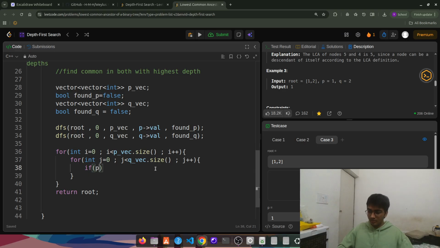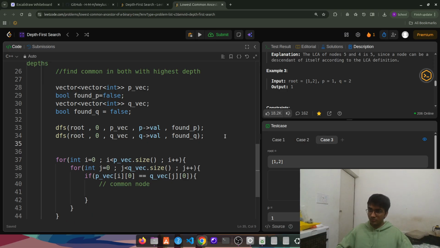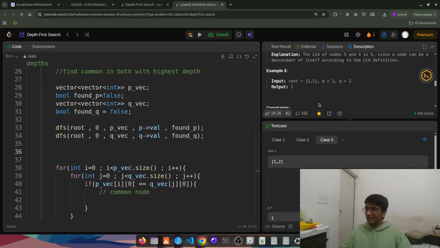p vec of i of 0 is equal to q vec of j of 0. If that's the case, then it is a common node. If it is a common node, what I have to return is